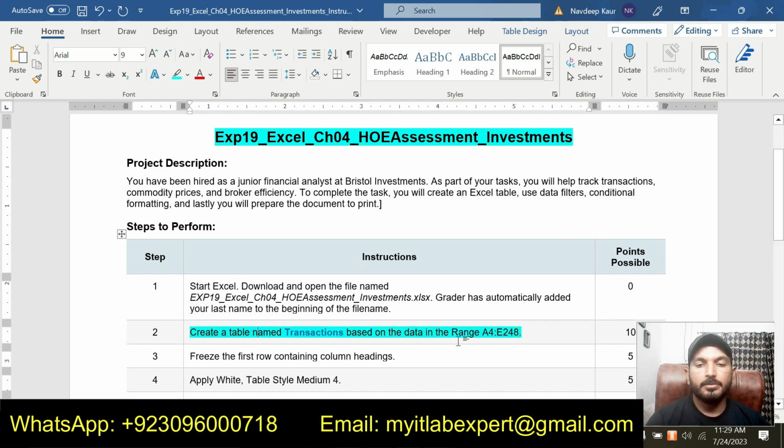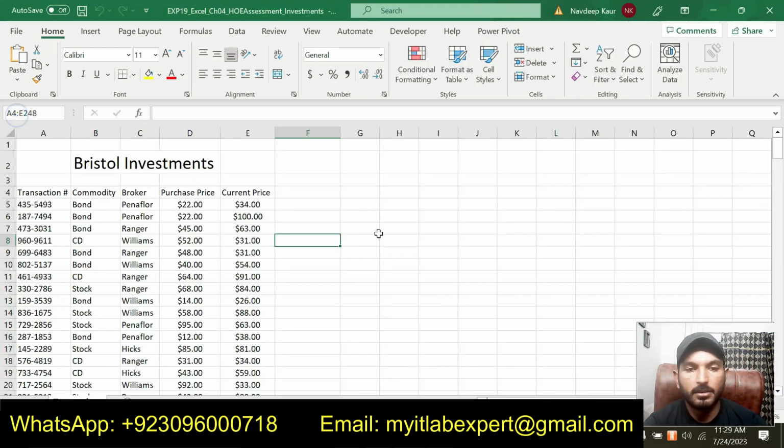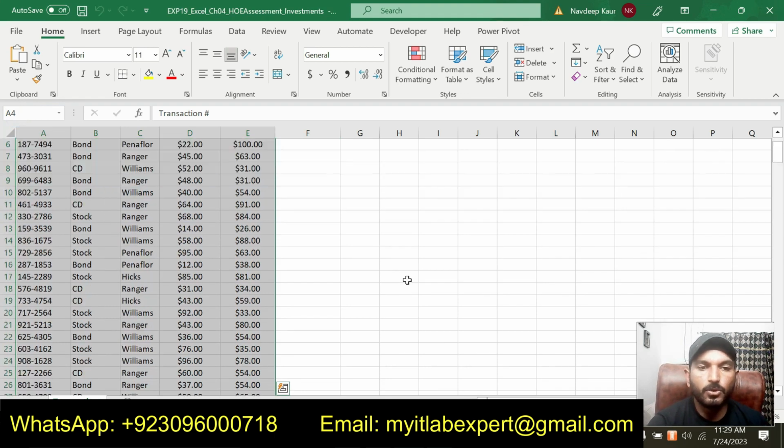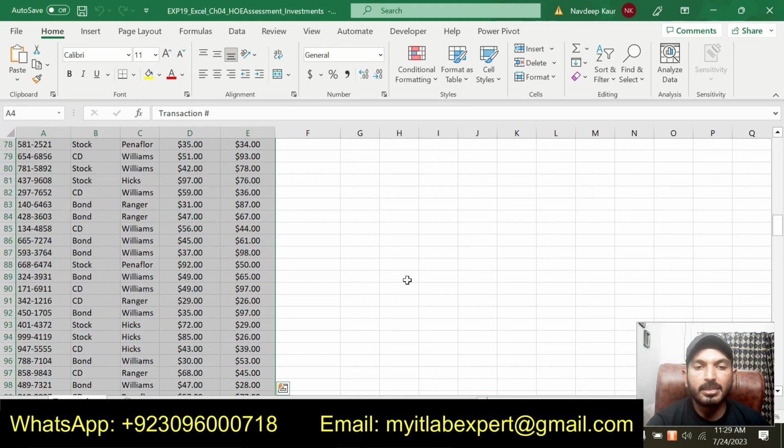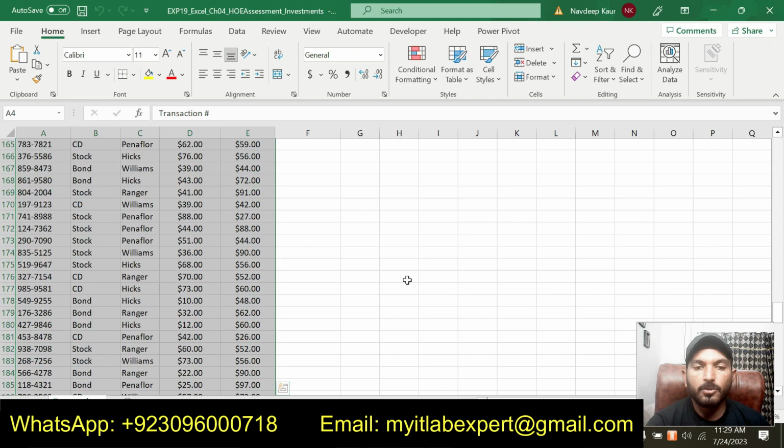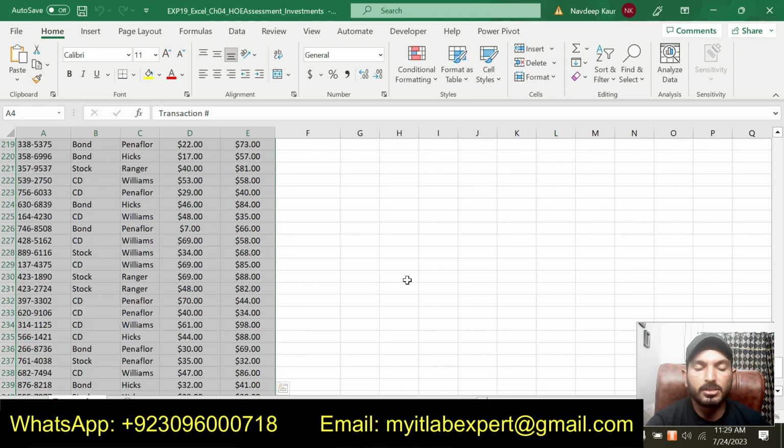It is saying to create a table named transaction based on the data in the range A4 up to E24. So let me select this range first. First we will convert this data into a table, then we will give a name to this table.